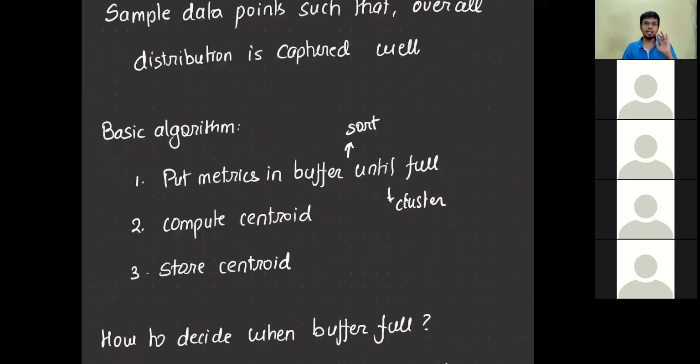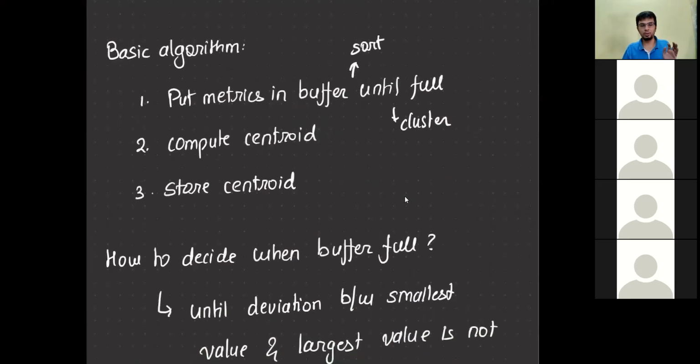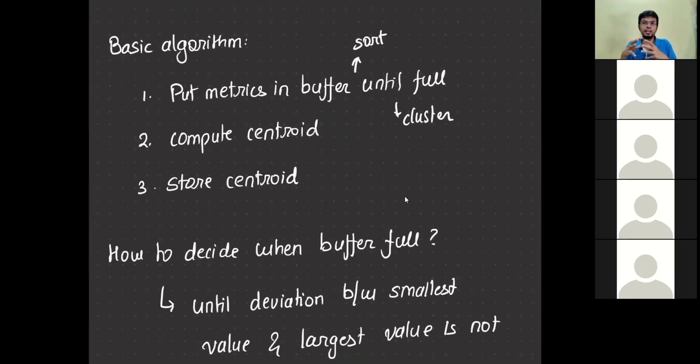Okay. So the idea here is very interesting. When we are building a system like New Relic, we would get a lot of metrics that will be ingested into the system. Now, when these metrics are ingested, we buffer them for some time, right? These are the actual metrics that are flushed into the system. We buffer them in a small batch, let's say a batch of 1,000, and we sort it. Once we sort it, then we cluster it, and then we store the centroid of it.